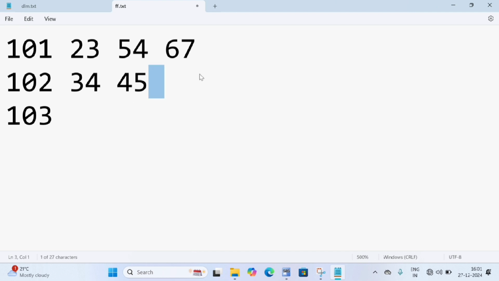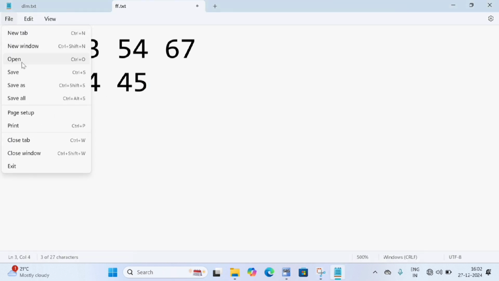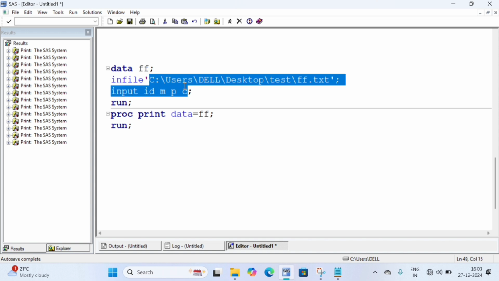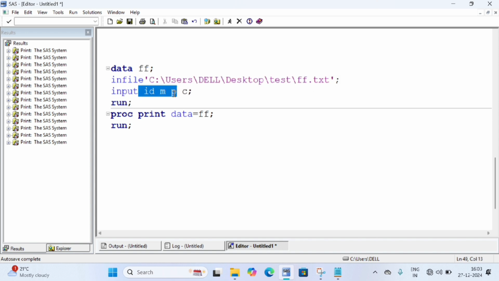This is my student data. I'm saving this: go to File, Save. Data, my dataset name I have given FF. Then infile, I have copied the path here. You know how to copy, right? Then input, I have given ID MPC. Then run; proc print data=FF; run;